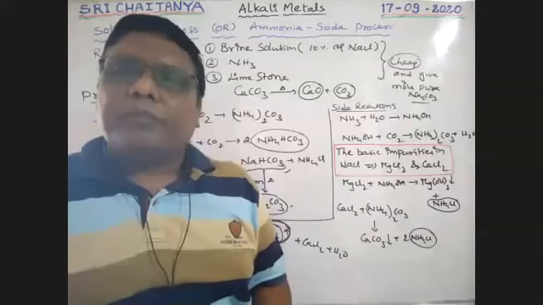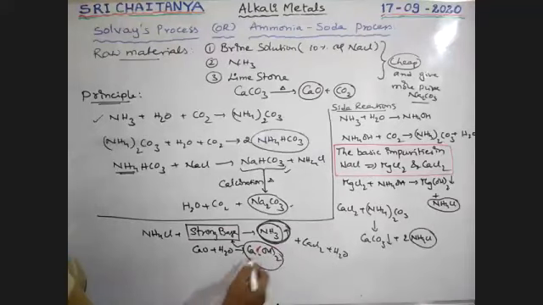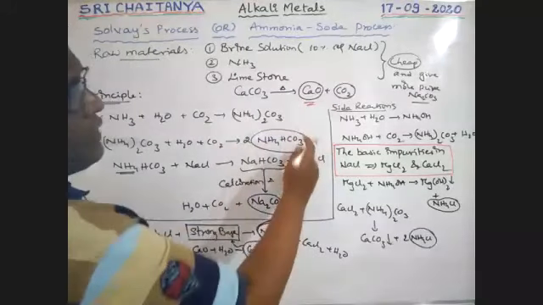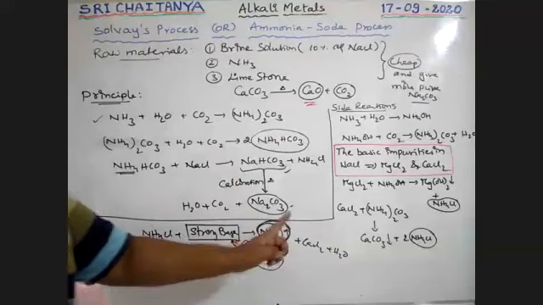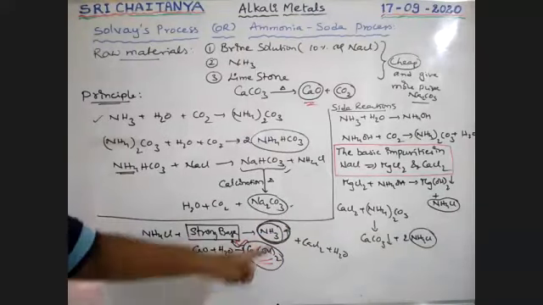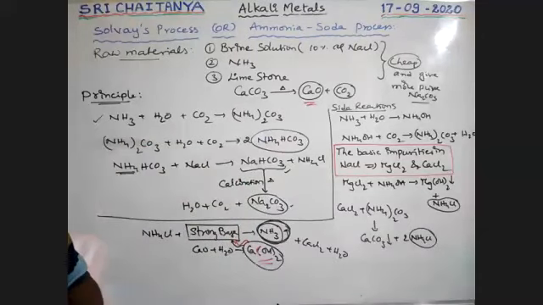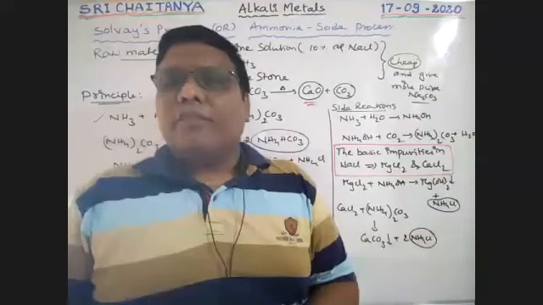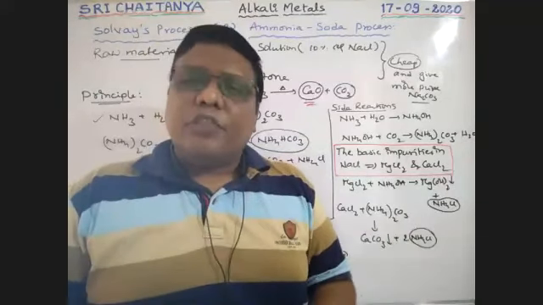How is that? The ammonium chloride is heated with a strong base, which is nothing but calcium hydroxide. Sir, how do we get this calcium hydroxide? Here is the waste product. That waste product is dissolved in water, which gives the strong base. That strong base liberates ammonia, and this liberated ammonia is used in the further preparation of sodium carbonate. That means in this process there is no waste product. Everything is useful. That's why it is the cheapest method and we get the highest purity compound.